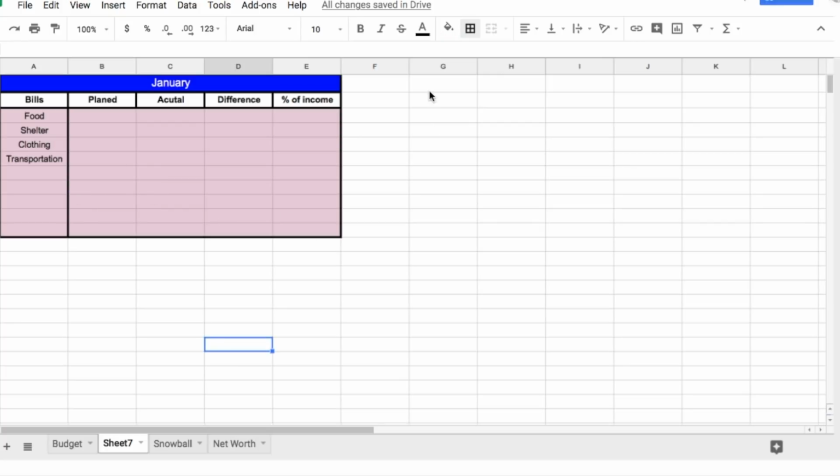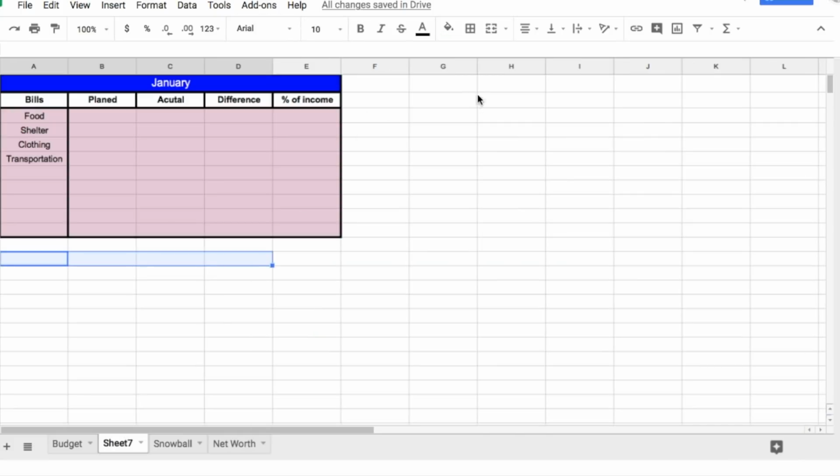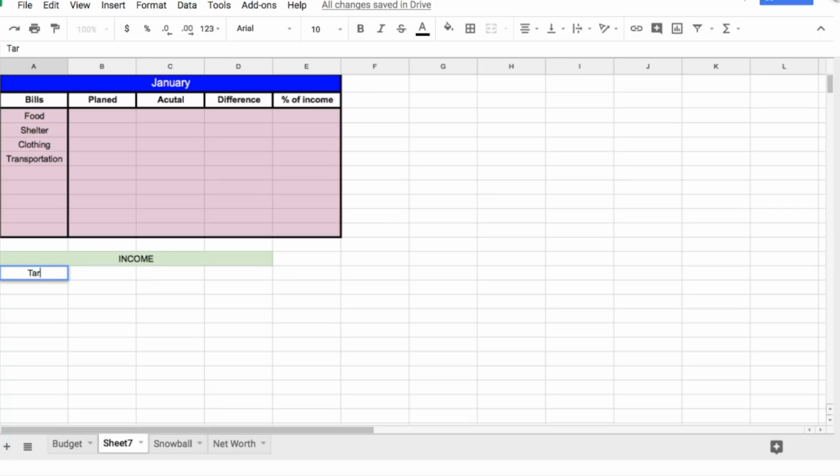Now I'm going to do this same thing again, but I'm now going to make an income box, a totals box, and a plan box. I'm just going to sort out my skeleton first, for example. So once again, I'm going to merge. This would be income. I want my income to be green because that's money, money, money. And then for me, I'll have Tara's income, Brad's income, side hustle, and then I'll come down 2 boxes and